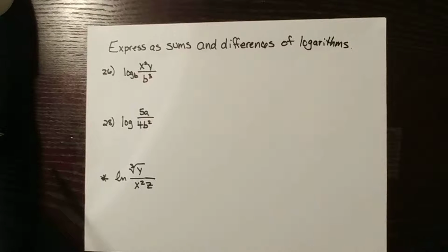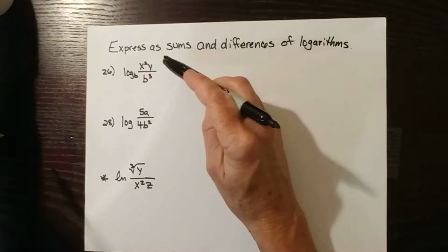Okay, in this video, we're going to take a single logarithm and write it as a string of simpler logarithms connected by addition and subtraction signs, or as sums and differences. Again, we're going to be using the product rule, the quotient rule, and the power rule as we go along to rewrite these. So the first thing I'm going to do for 26, I'm going to unpack the numerator and